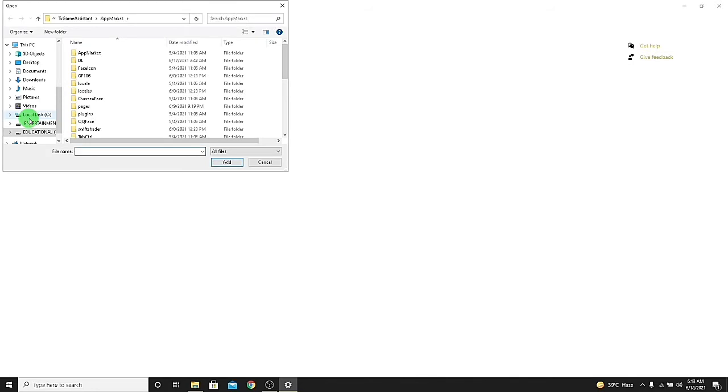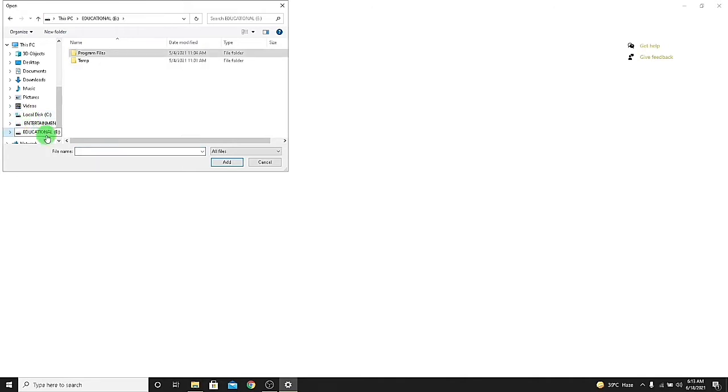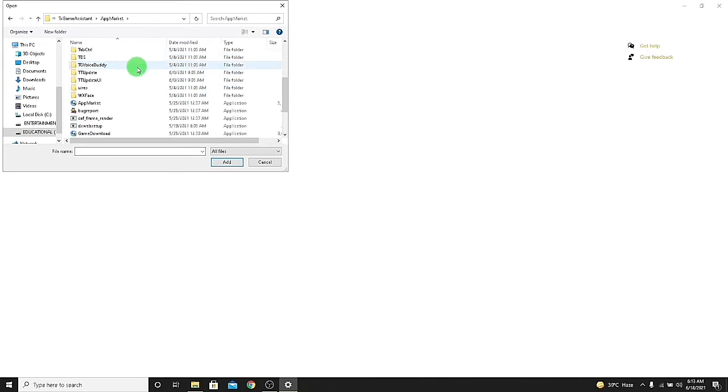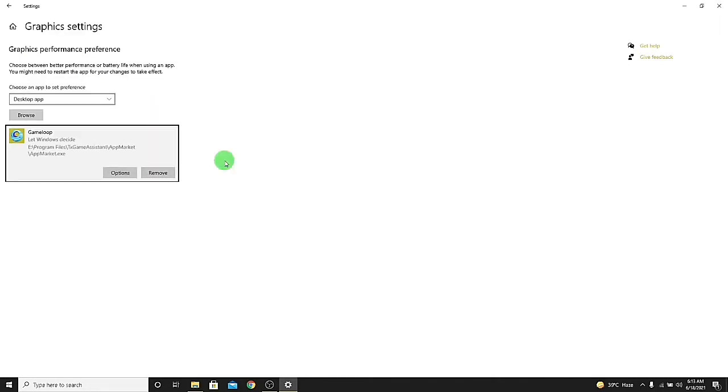After going to the E disk, go to Program Files, then go to the app market, click on it and click on Add.